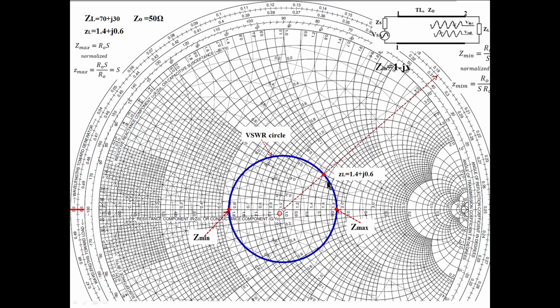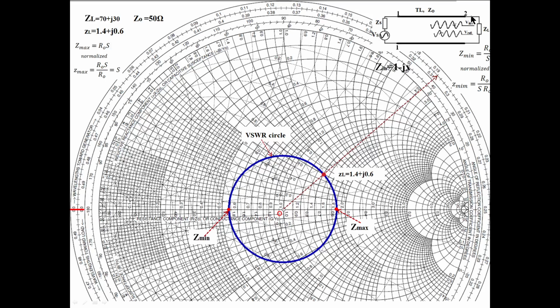So what I want to know is, from the load point, which I have drawn for a particular load, I am moving towards the generator. I want to stop where the impedance is of this form, that means the real value is 1. The resistance value is 1 and the reactance value may be anything, minus x, any value. But the resistance value must be 1.